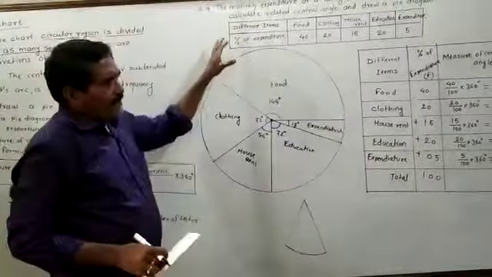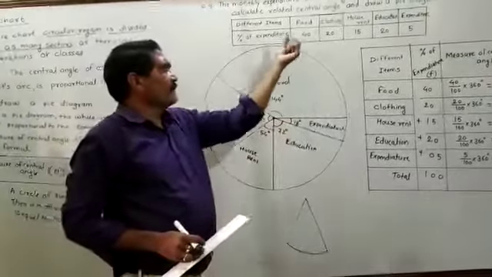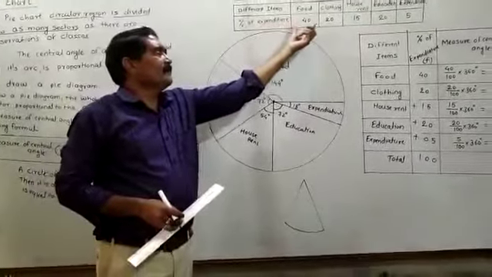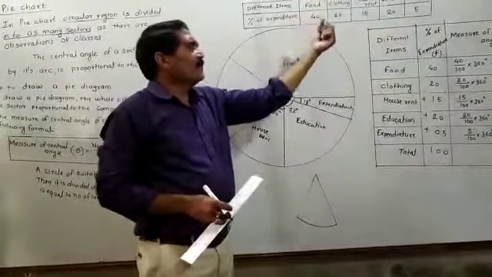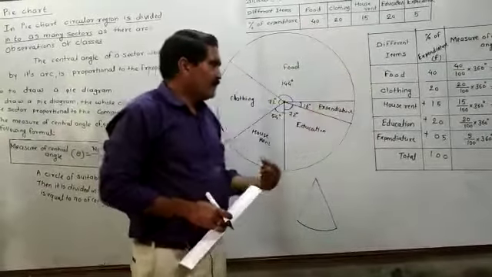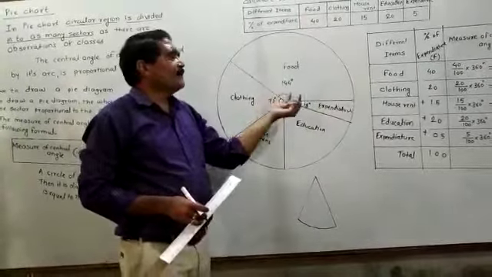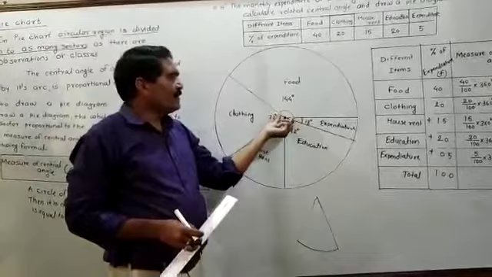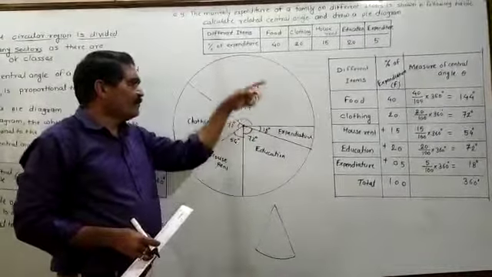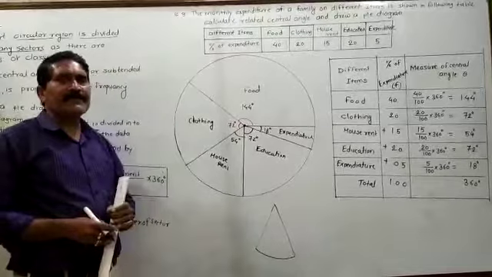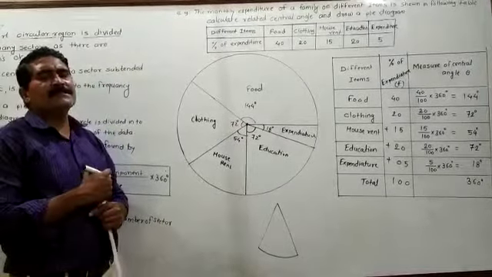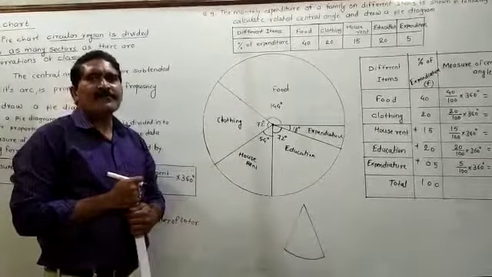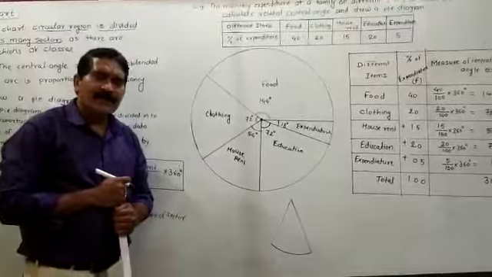In this way you have to implement the given data in the form of a pie chart. You have to convert the given frequencies into the central angle theta, and whatever central angle you calculated, you have to draw in the pie chart, and complete the pie chart like this. I think this is a very simple method to show the data in the pie chart. So you have to draw these things properly in the classwork notebook. Thank you.